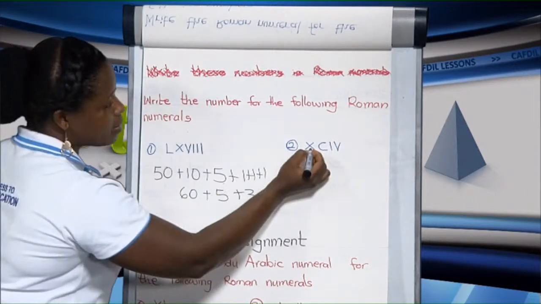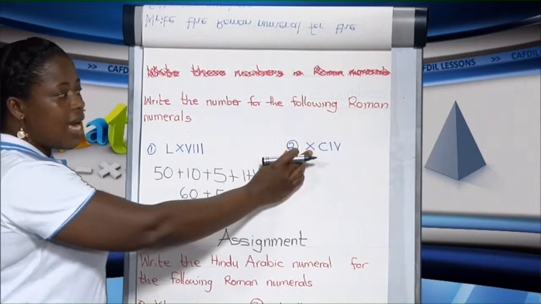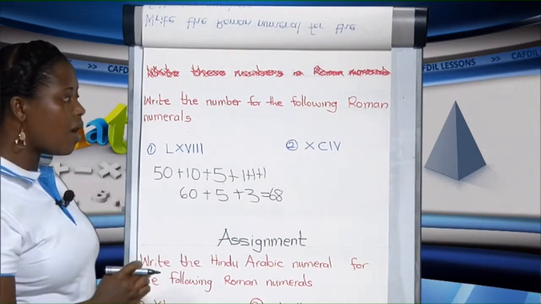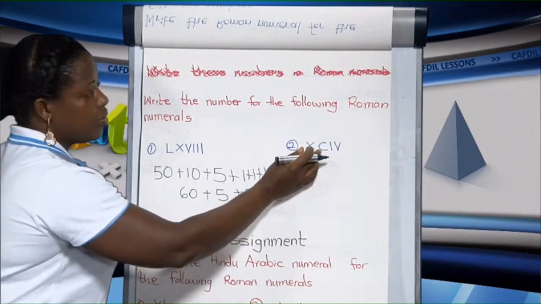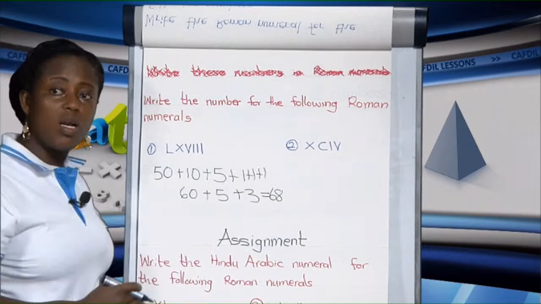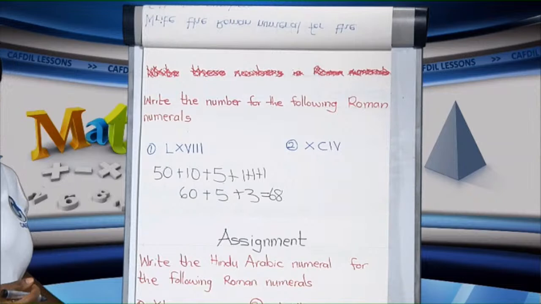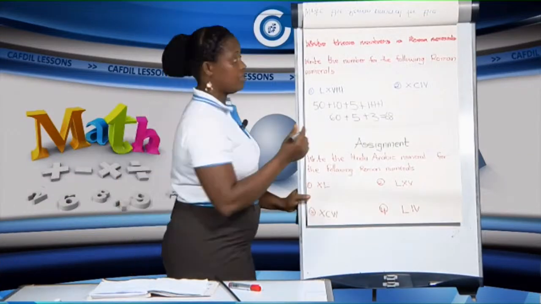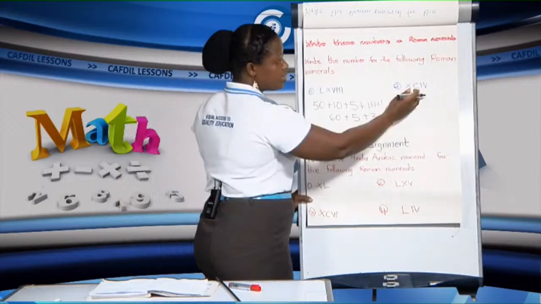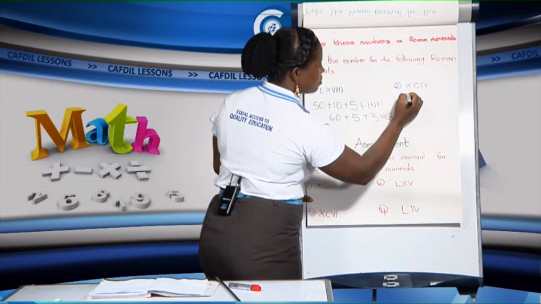Now, let's do the last one. We have XCIV. Let's look at the larger numeral over here. It is C, which is 100. Now, before 100, we have a smaller numeral, which is X, and we know X to be 10. What does the rule say? When a smaller numeral is written before a larger numeral, it means subtraction. So if this is 100, this is 10, we're going to subtract 10 from 100. So it will be 100